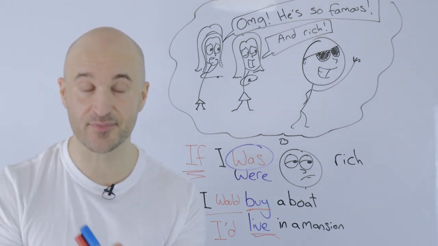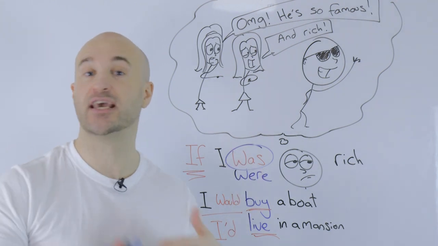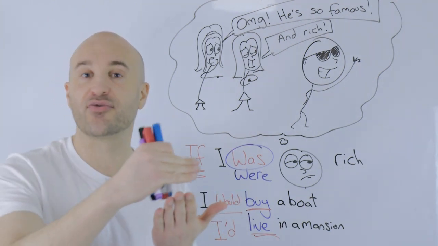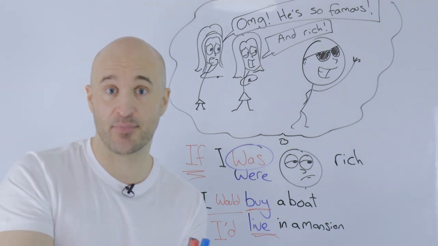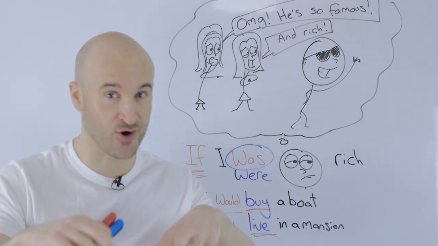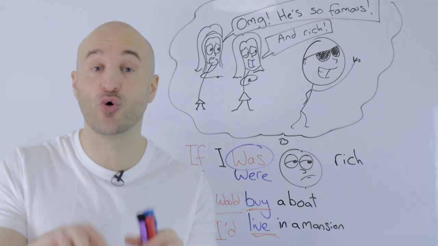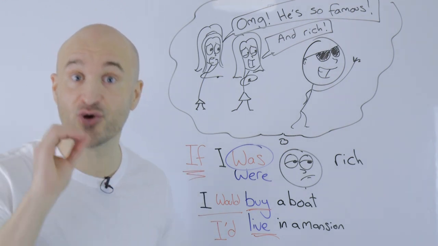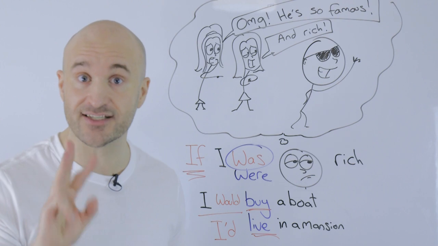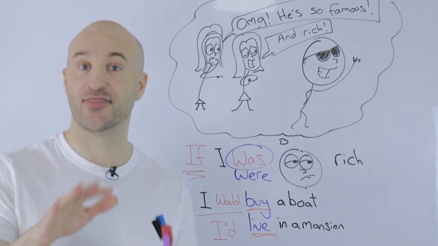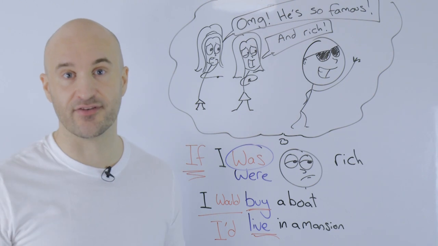So, your turn. Write your answer to that question. If you were rich, if you were famous, what would you do? Write 3 things on a piece of paper, in your notes app, in the comments to this video to practice it. Then pause this video. Say your answer out loud 3 times. That way it stays in your memory for longer. Then when you're ready, continue with the video. But you already know that, right?